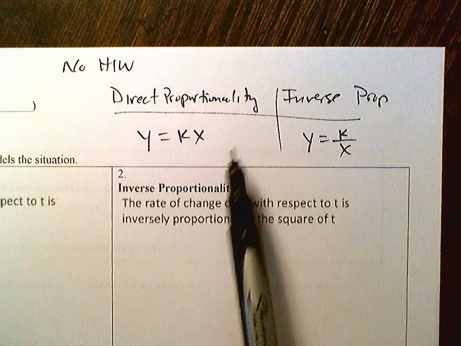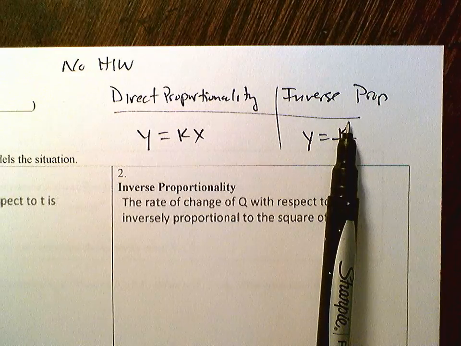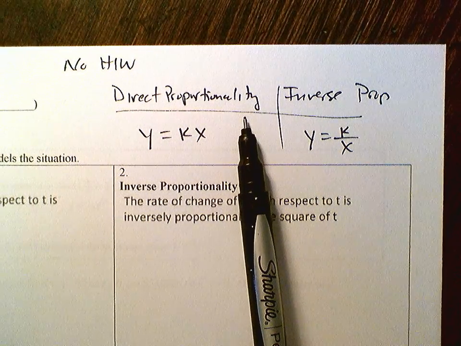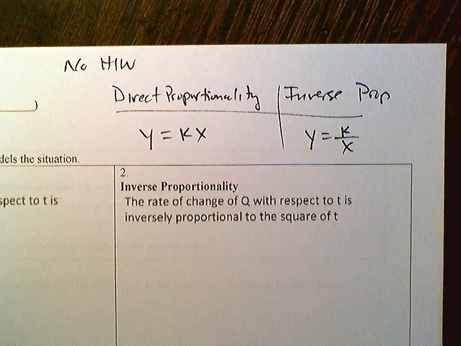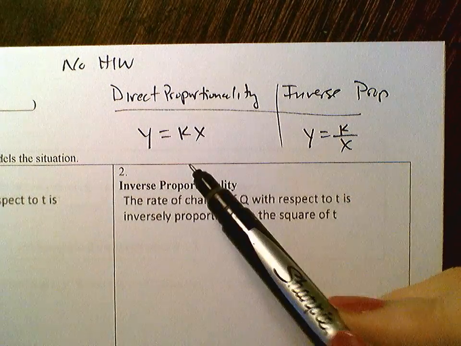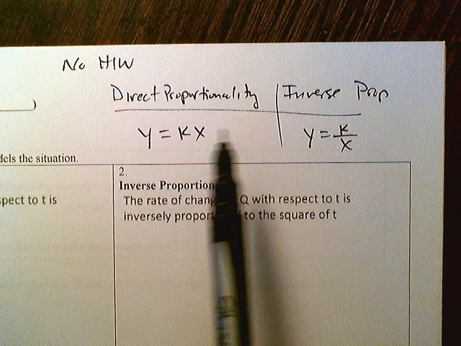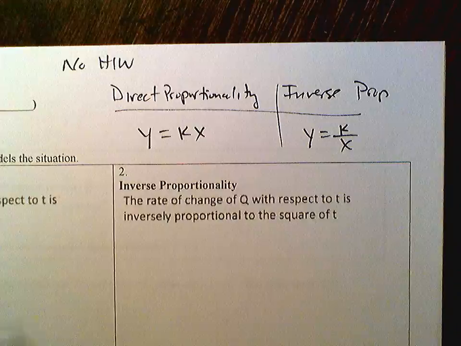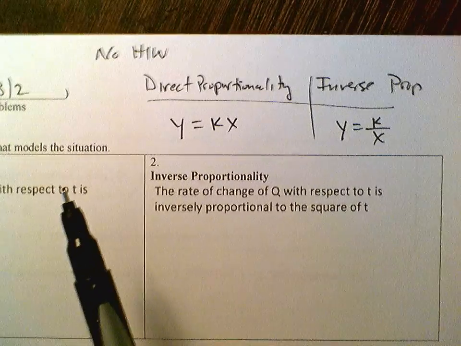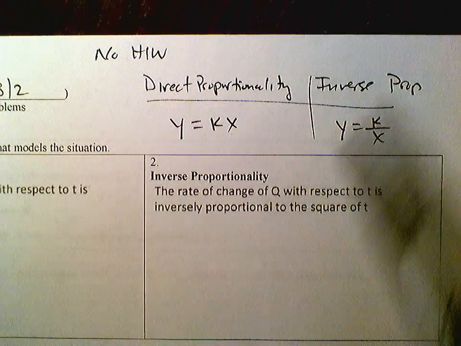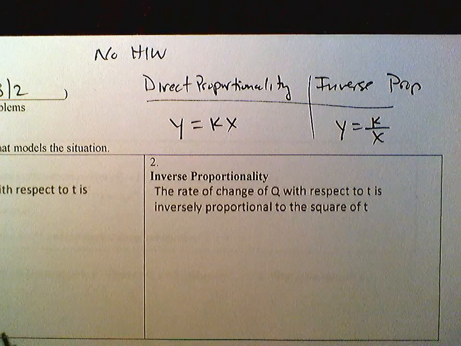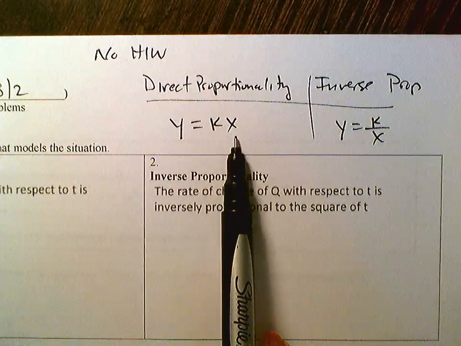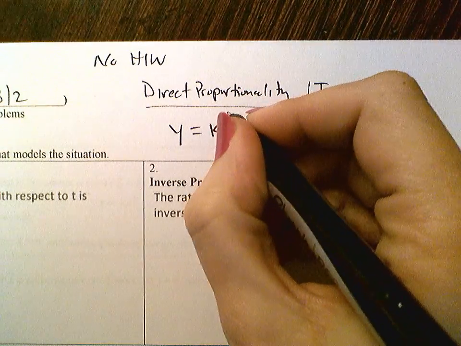So, direct proportionality versus inverse proportionality. So if you hear that y is proportional to x, okay, so write that down if you want to. Y is proportional to x. Then if they just say proportional, that means directly proportional. Sometimes they might say directly proportional, but if they say proportional, it implies directly proportional. And for y to be proportional to x means this: y equals k times x, where k